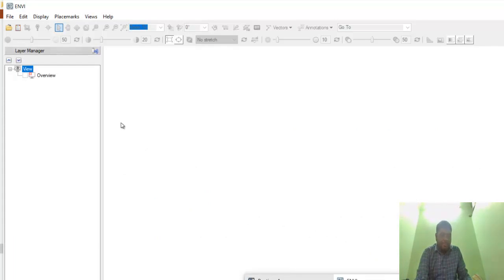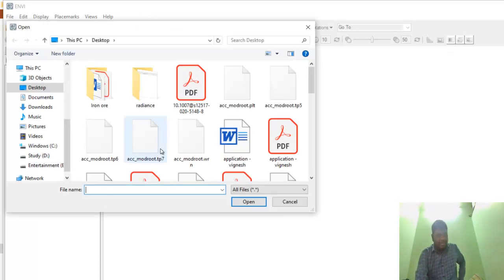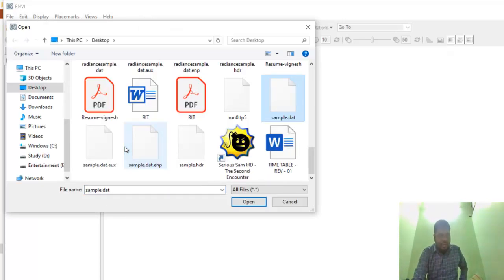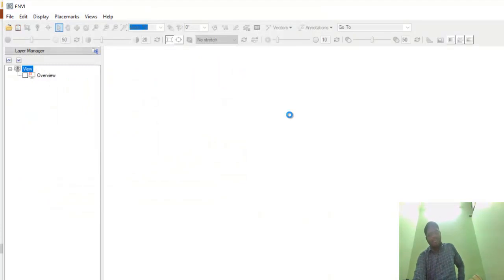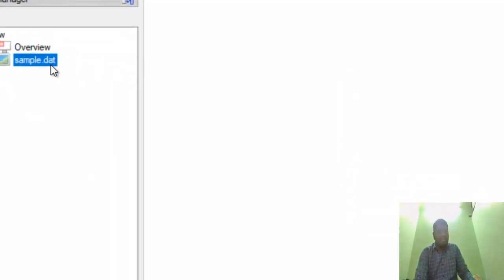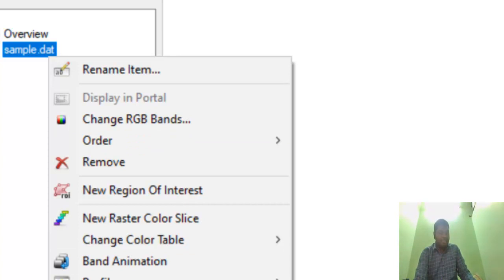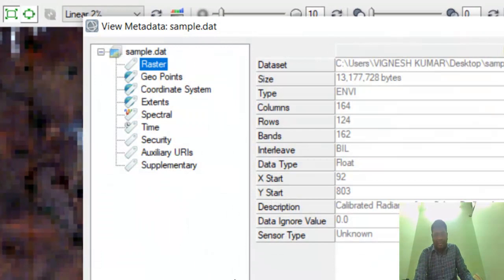Just open the ENVI software. In this ENVI software, we will open the atmospheric correction model FLAASH. In this FLAASH atmospheric correction model, first we open the radiance imagery. So this is the radiance imagery. A lot of people make one mistake: they do not check the metadata information of the radiance imagery. We should first check the metadata information in the radiance imagery, otherwise the output will not be carried out using the FLAASH model. So in this radiance file, it will work in the BIL format.